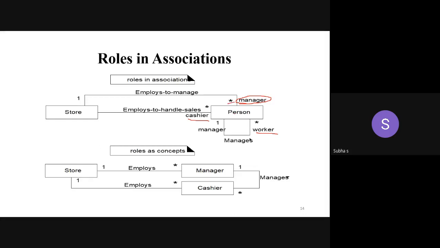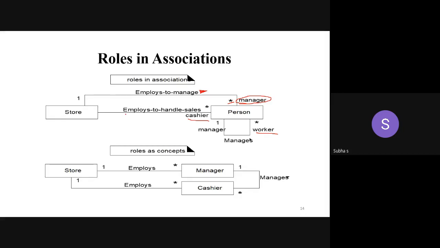Many people. Star denotes many people. If no navigability is given, you have to associate from left to right only. You know the navigability symbol. You don't put a line and all, just a filled triangle arrow mark. So a store employs to manage many persons.